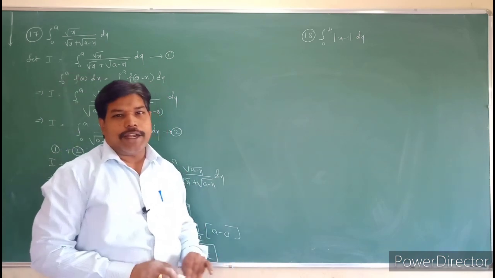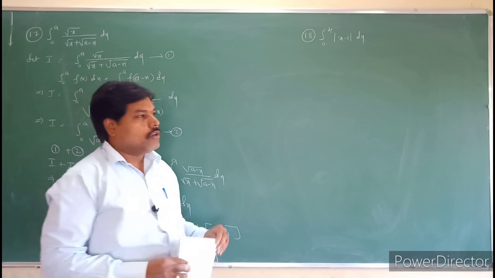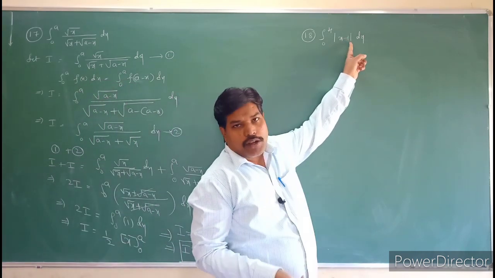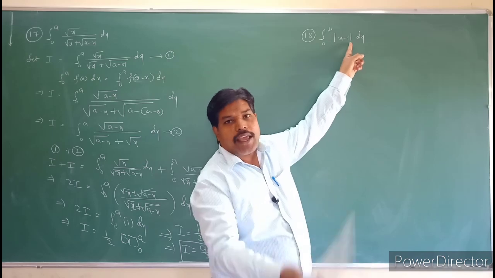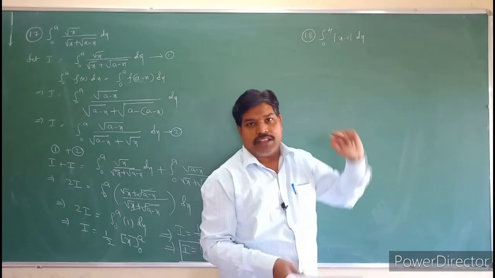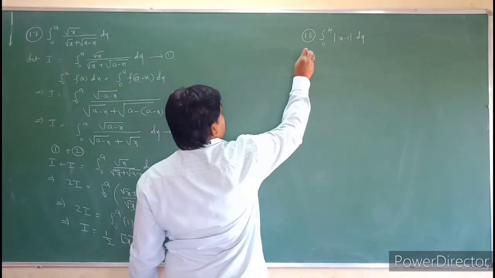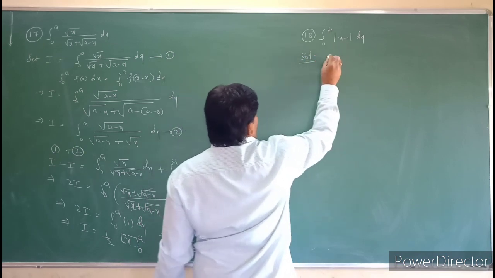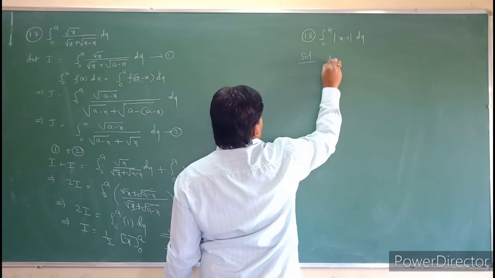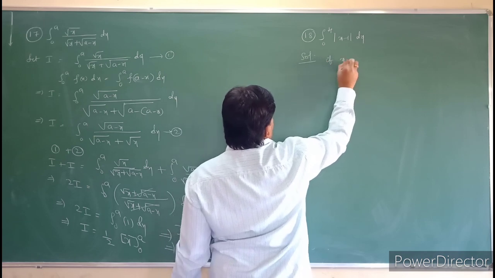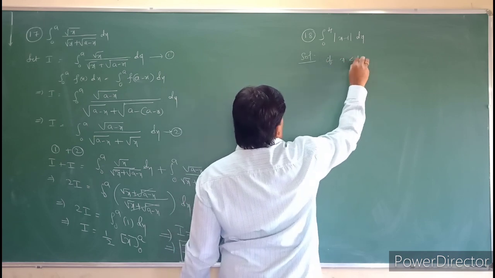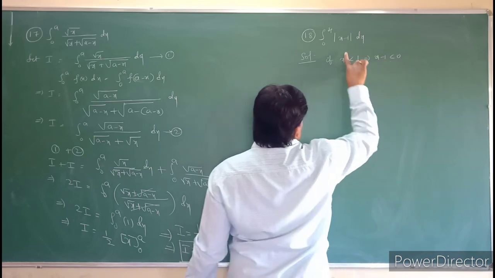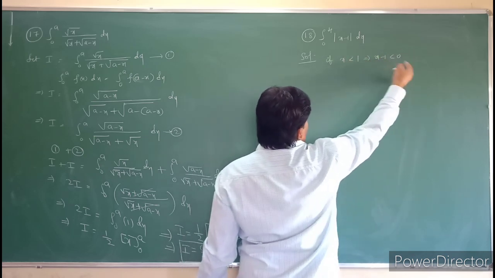We already did this type of question. Here you have to divide it, depending upon x equal to 1. If x is less than 1 or x is greater than 1, both cases will arise. So see that question first. If the mod is given, what we have to take is: if x is less than 1, that implies x minus 1 is less than 0.